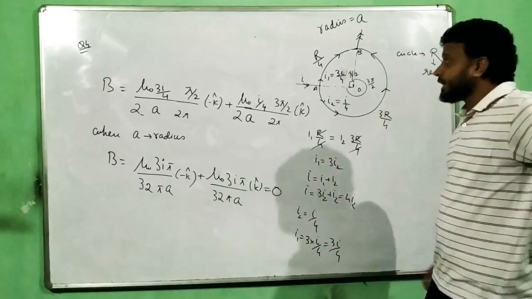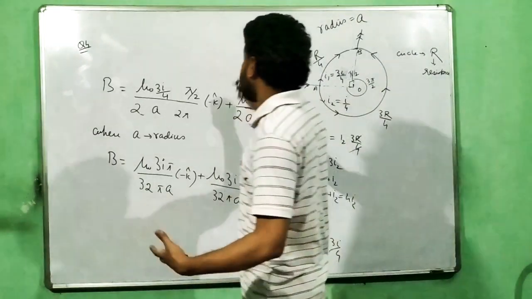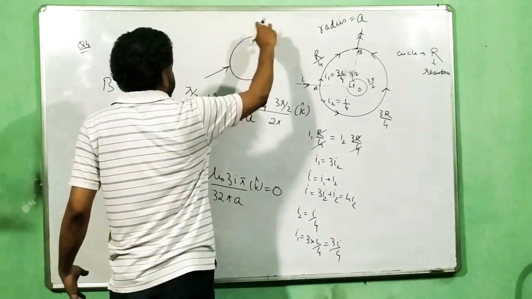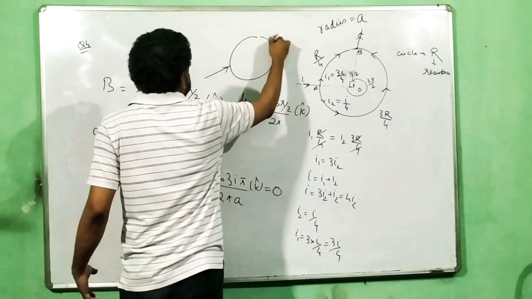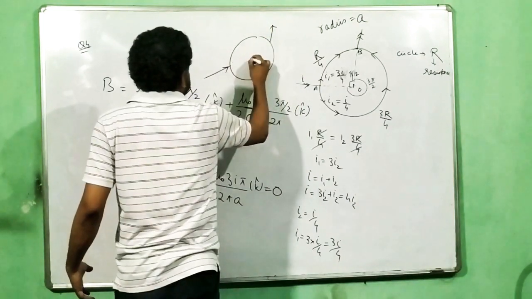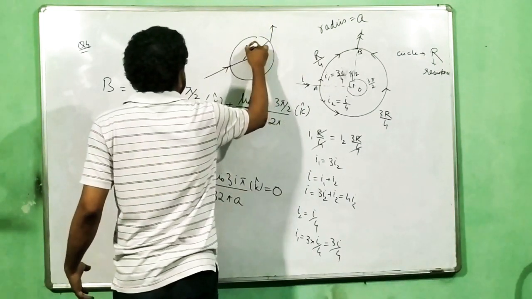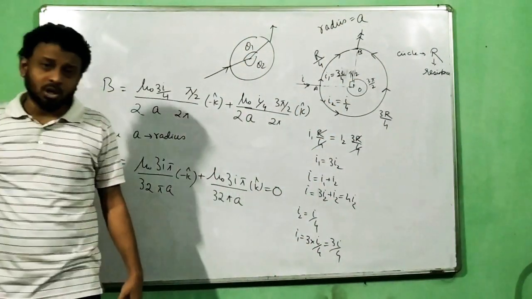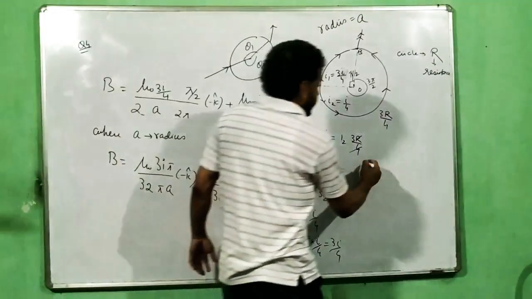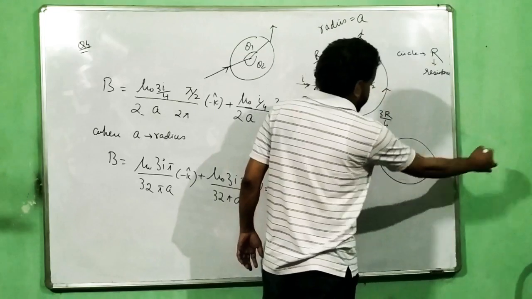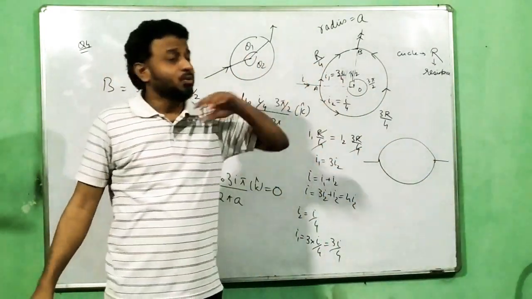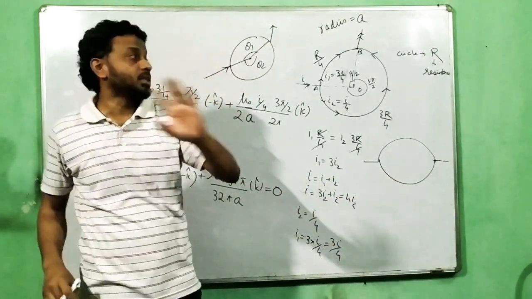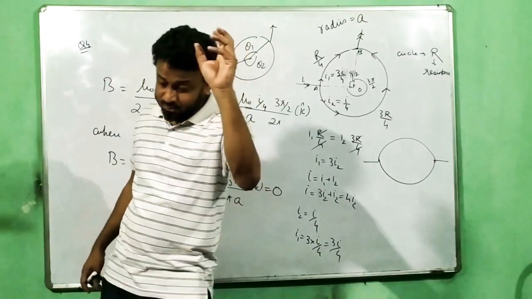It is 0 every time, whichever inlet and outlet you take, wherever you wish. In a simpler way, you take this as in, and you want to take out over here, let us say here. Let us say that it divides the circle into this part, theta 1, theta 2. It doesn't matter how you take the input and output in the circle. Even the one I was talking about, if you take along the diameter, here and here, doesn't matter. Wherever you take the input, wherever you take the output, the net field at the center in these cases will always be 0, and this is a very, very important concept.